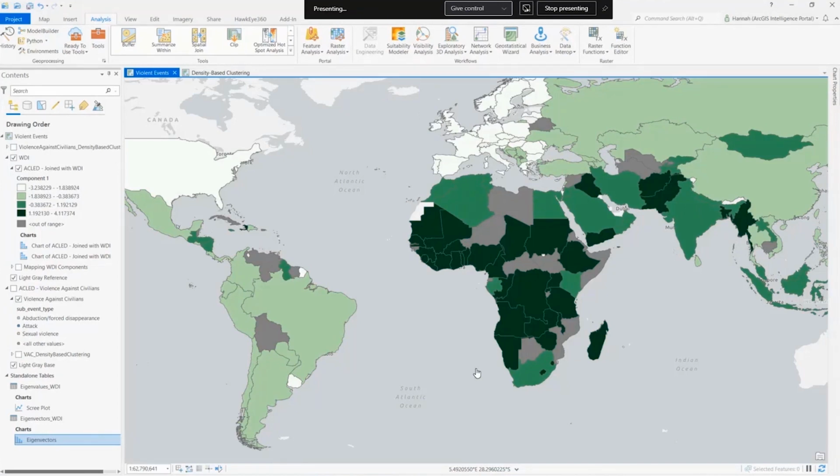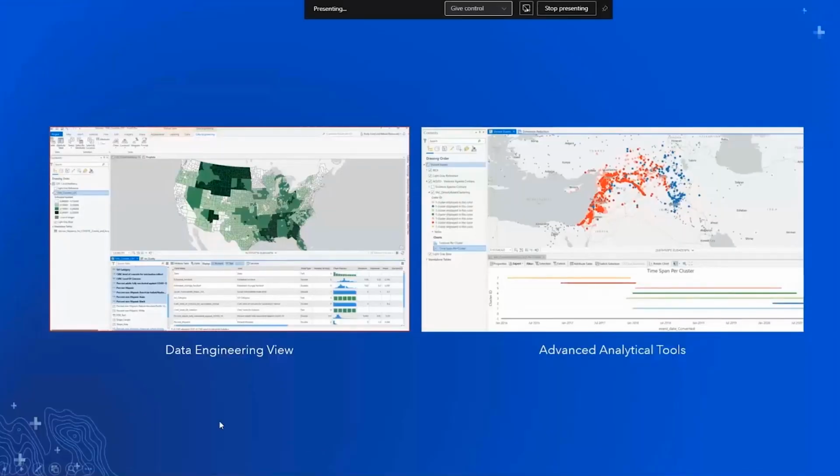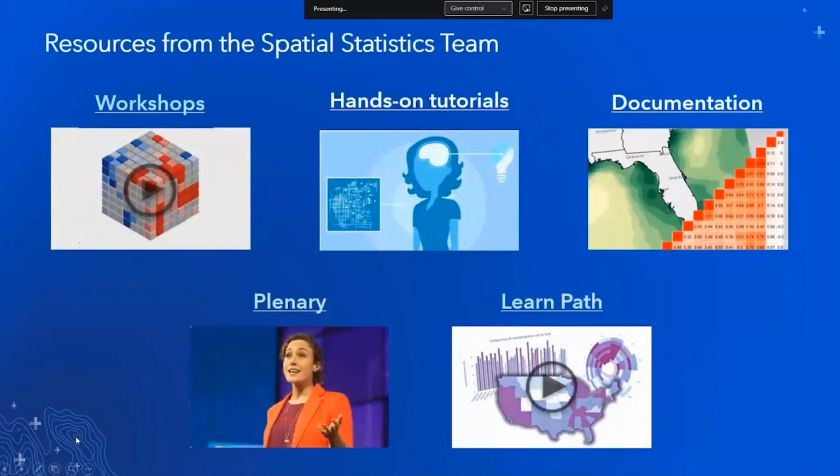So with that, I'll pause and give you a couple more resources for going forward with spatial stats. I know we've thrown a ton at you in the past few minutes, and we want to make clear that while we've shown maybe some flashy things and different things you can do with the new data engineering view and really interesting and powerful tools, there are also resources that can help you and can help customers get a handle on all of these different capabilities. And that's everything from workshops, documentation, learn lessons,